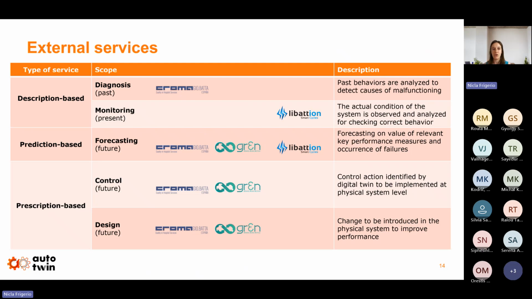The first two relate to diagnosis and monitoring of products and resources. Prediction relates to forecasting some key performance indicators. Prescription means anything used to control the system or to design, so to understand changes to be introduced in the real system. And as you can see with our three use cases, we are touching all the services.